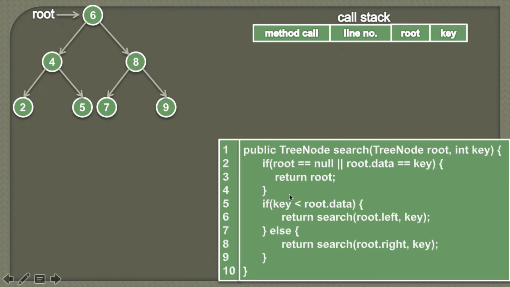So below you can see the algorithm to search a given key in a binary search tree. Also friends, the method which we are going to call is the search method. And here inside this search we are again calling the search method. Therefore in this algorithm we are basically using recursion. So friends, in order to keep track of this recursion, we are basically maintaining a call stack, whose significance we will see while demonstrating the algorithm step by step.